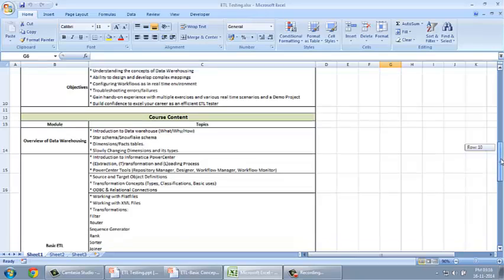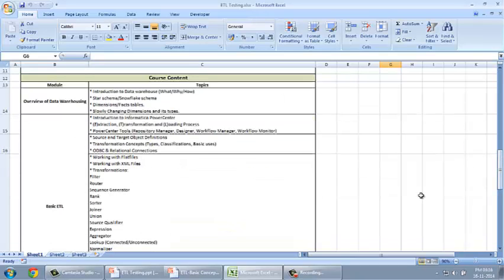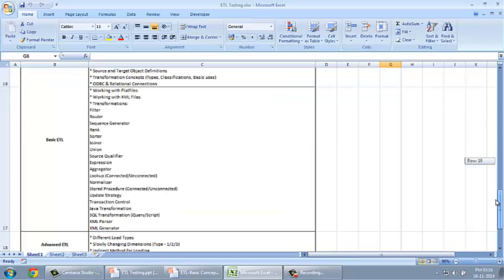Okay, moving on, we'll be going into basic ETL, working with flat files. How do we load data from flat files into the data warehouse and from the data warehouse to flat files? Working with XML files and transformations. There are different types of transformations in the Informatica tool: filter transformation, router transformation, sequence generator transformation, rank transformation, sorter transformation, joiner transformation, union transformation, source qualifier transformation,